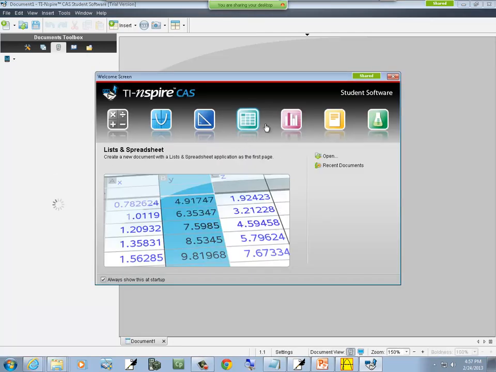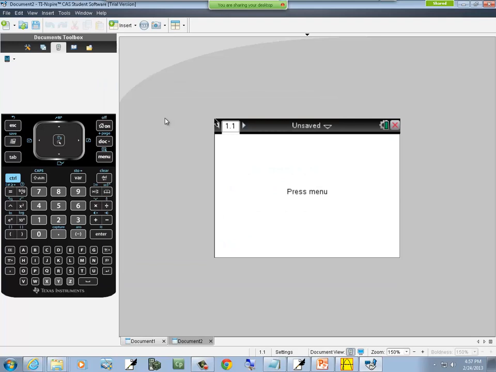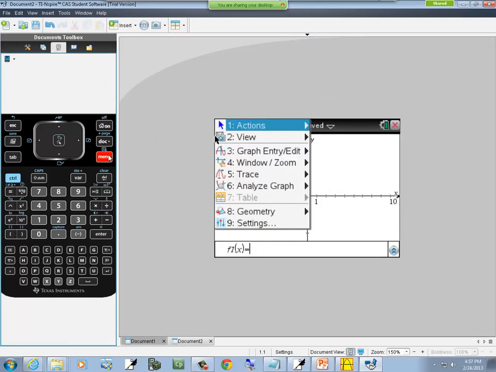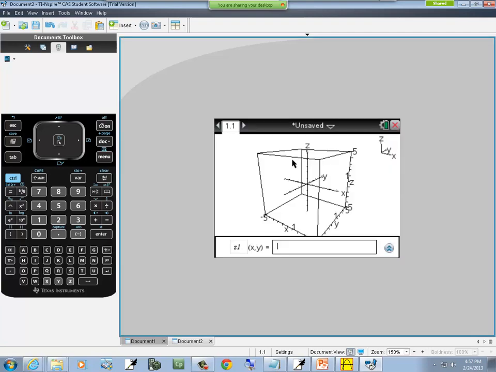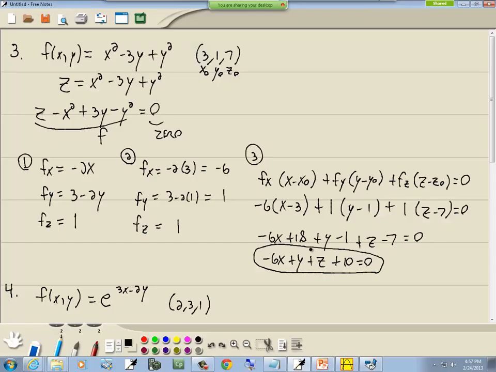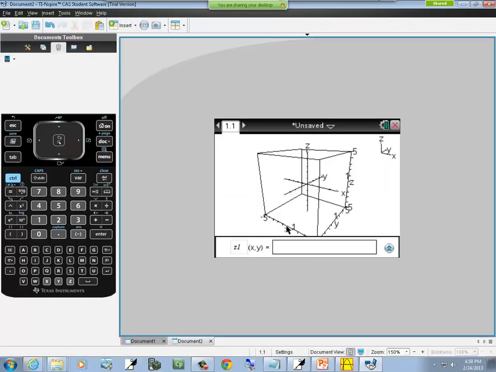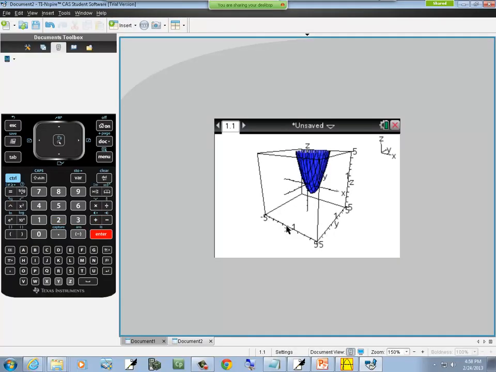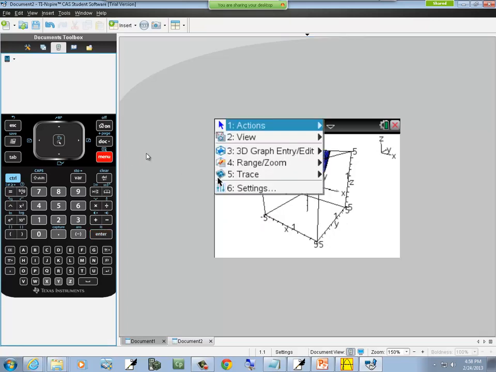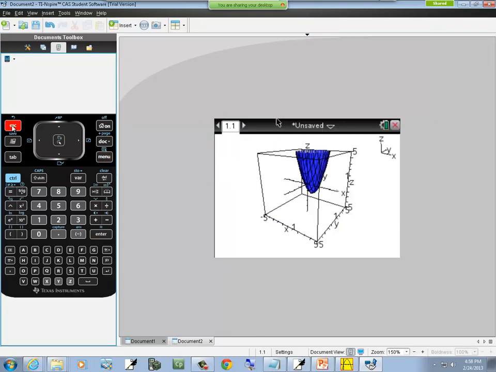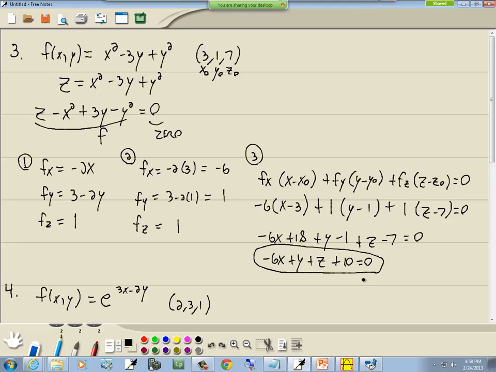Okay. And I'll do a graph. And menu, and choose View, 3D Graphing. And we're going to be graphing x squared minus 3y plus y squared. Okay, so that's what our graph looks like. And then I want to menu. Actually, I don't want to do that. I do escape, and do a tab. There we go. And I want to plug in this other one, but I will need to solve it for